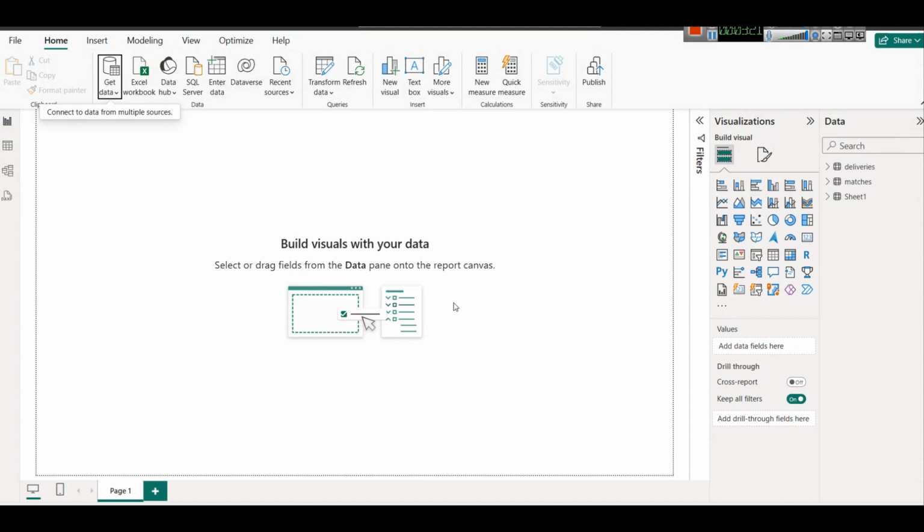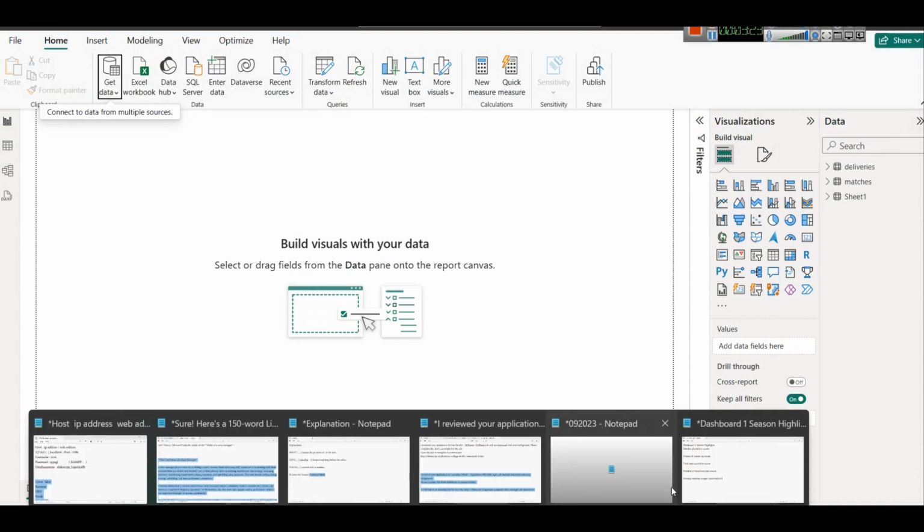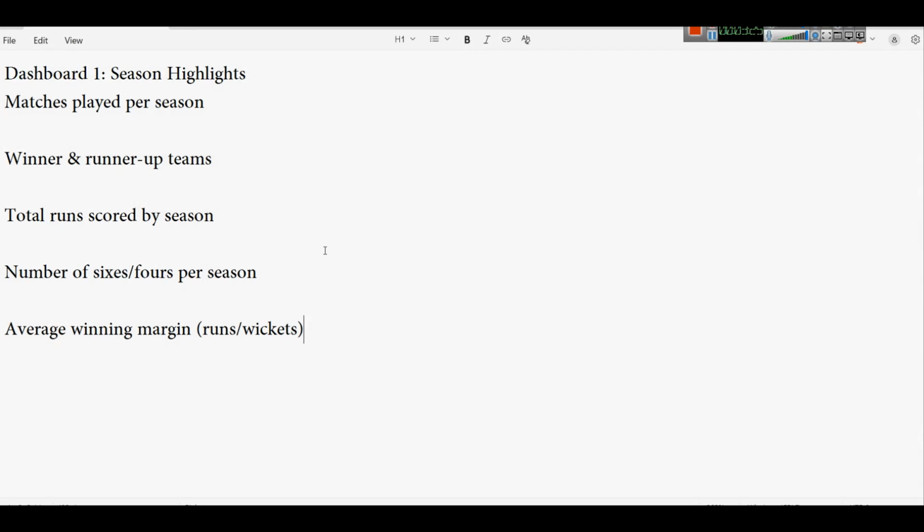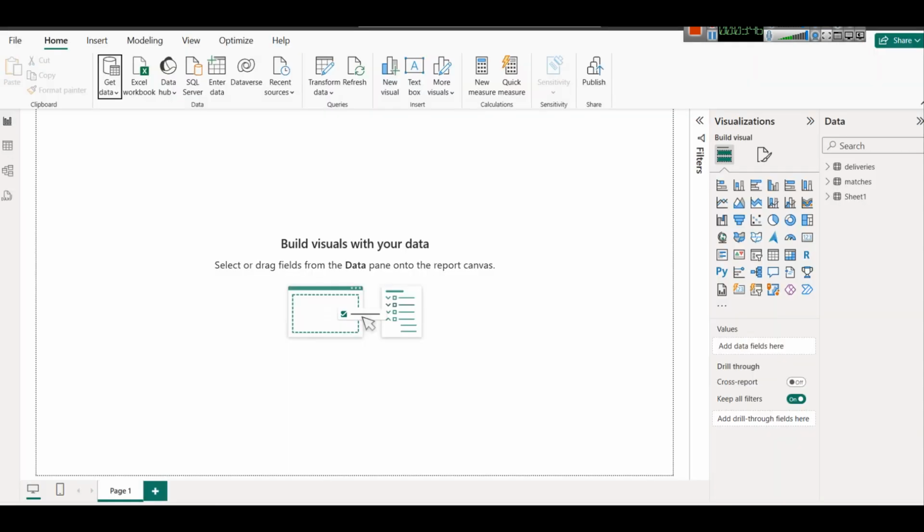So now what we have is we have to create 5 or 6 different dashboards, and first of them is season highlights. Matches played per season, winner and runner-up teams, total runs scored by season, number of sixes scored per season, and average winning margin, that is runs per wicket. So in season highlights, we will create or rename it as season highlights,